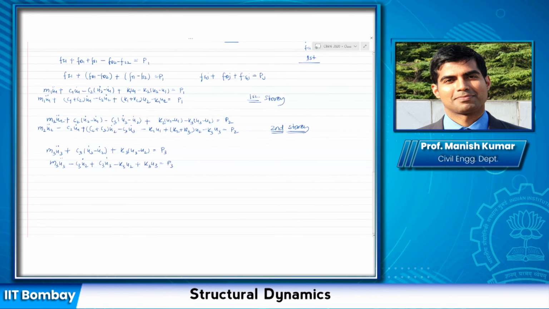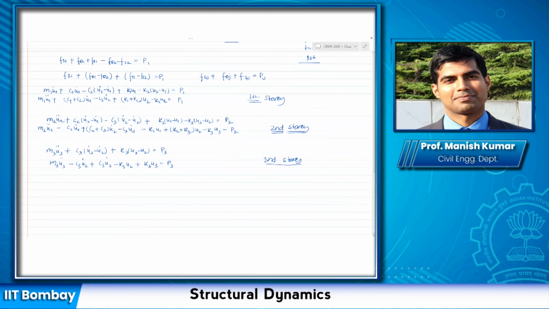So I have got three sets of equation. However, there is not a single coordinate, but there are three coordinates u1, u2, u3. So in order to write this down as an equation, I will utilize the matrix algebra. If you remember how to solve basically the simultaneous equation of motion, in that if I have an equation like this, then I use matrices and vectors to write the equation accordingly.